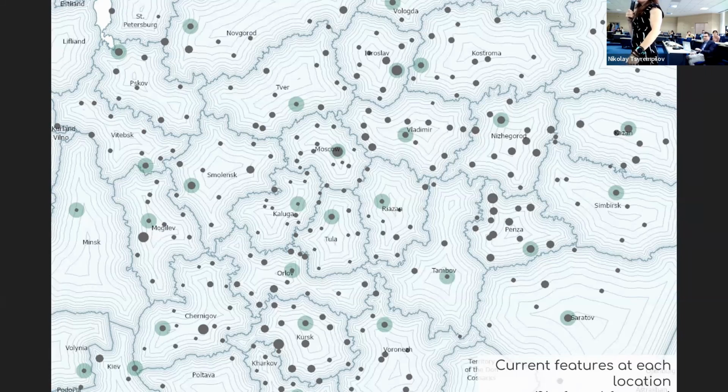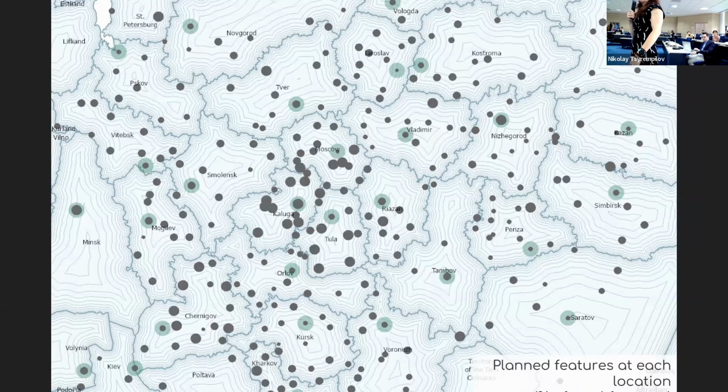And then if you change to looking at planned features, what was supposed to happen, you will see that the Russian government, in theory, intended to invest in, or expected there to be a lot more dynamic change in district towns than in provincial towns that were already more developed. So there are some expected guesses that we can confirm using these sources, but there are a lot of really interesting patterns about how urban spaces were shaped or expected to be shaped, that these might be the only sources that would allow us to get at some of that.